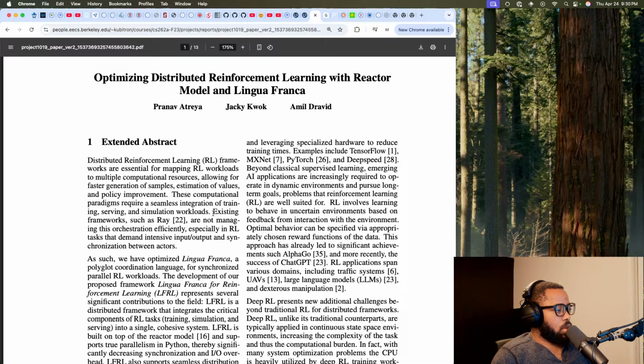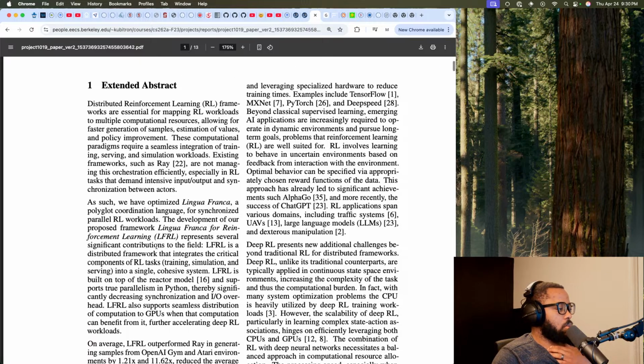Okay, existing frameworks such as Ray are not managing this orchestration efficiently, especially in reinforcement learning tasks that demand intensive input-output and synchronization between actors.